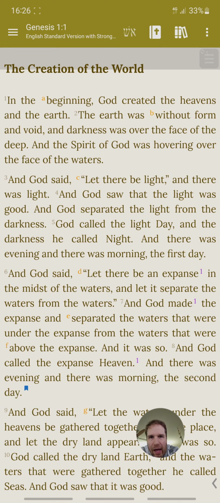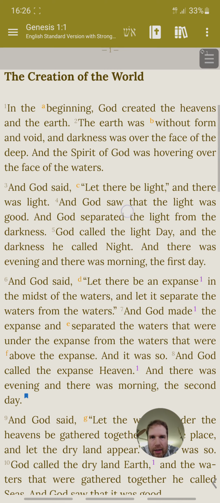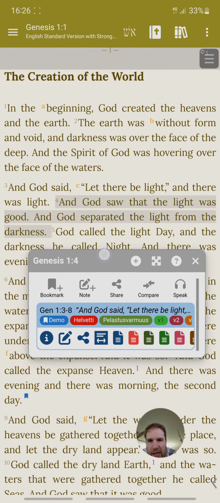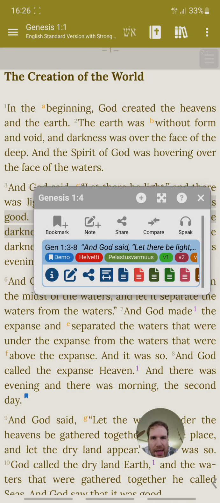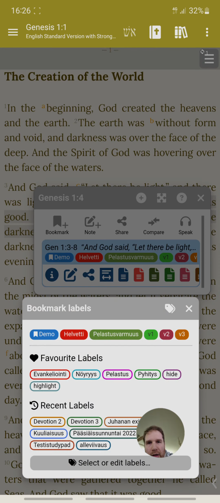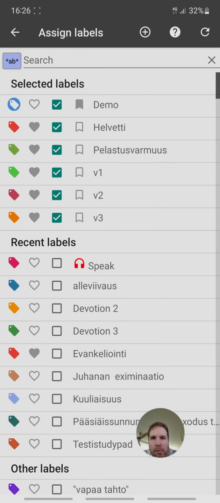Let's see, if I tap from verse 3, I will see that the bookmark is there. It is just not displayed. This marker style is used so that it is only shown at the end of the verse, but the bookmark is not changed. It is still covering all verses. Then I will go back to this bookmark view,